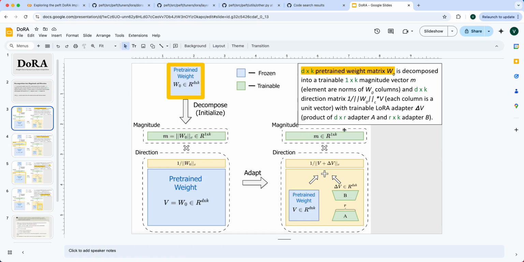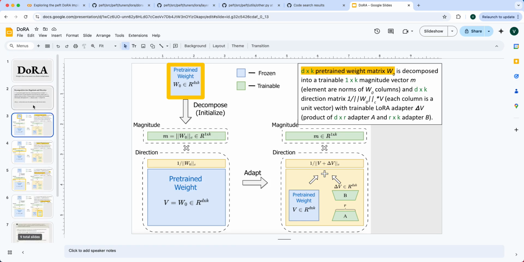And so the benefit of this is that we train a lot fewer parameters because we're only training the LoRA adapters and we're only training the magnitude vector. And then the benefit of splitting this into magnitude and direction is that it learns patterns closer to full fine-tuning than LoRA is to full fine-tuning. So as you can see, I'm in the process of making my DoRA slides, but I wanted to at least start with